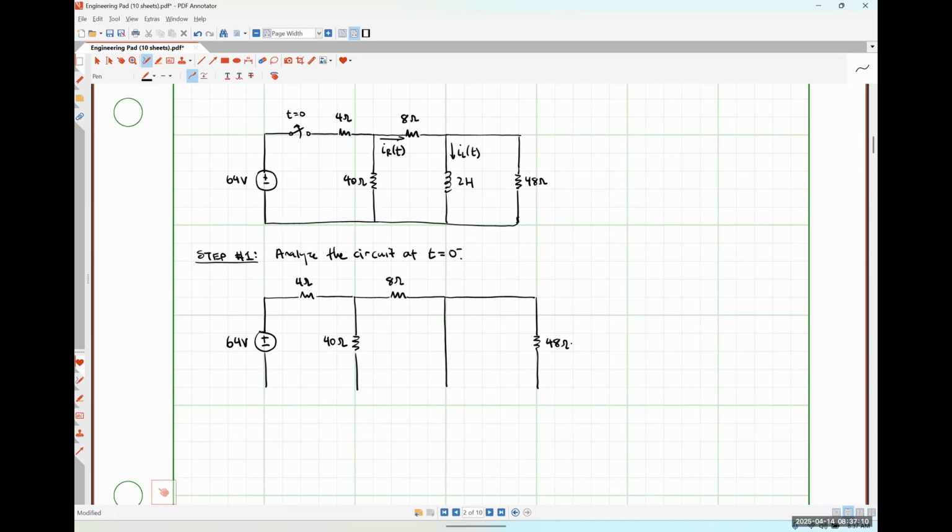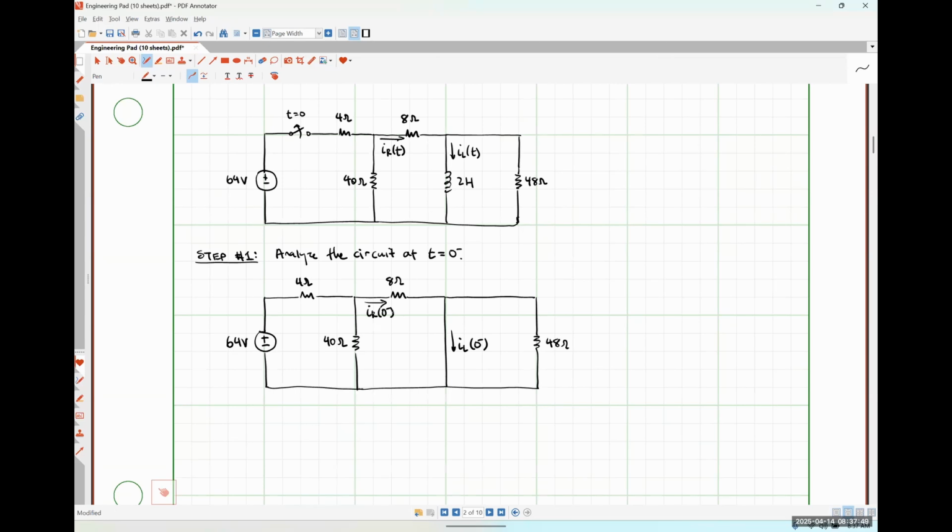And here's my 48 ohm resistor. This is my current IL at 0 minus, and this is my current IR at 0 minus. So before we start analyzing this circuit, I think we can all hopefully make a pretty simple observation that the 48 ohm